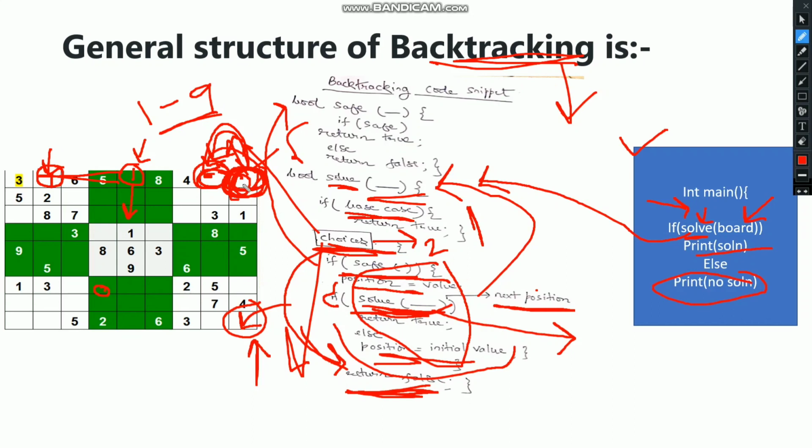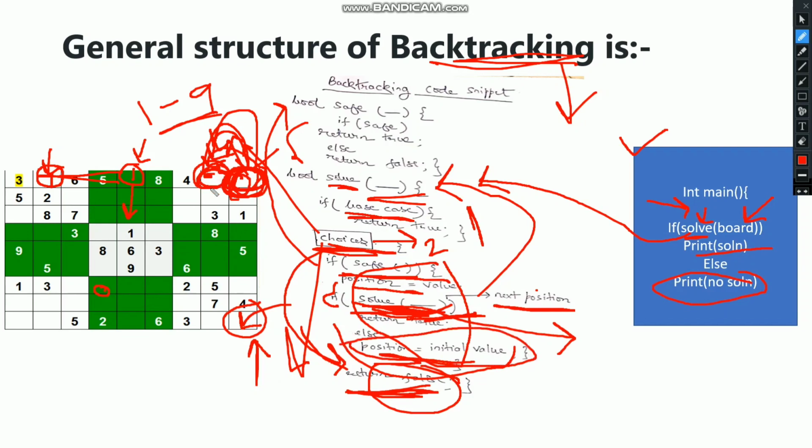So return false, as the solve function is recursive, will move to the caller of the function, and the caller of this cell is this part. As it returns false, this means this solve is returning false and it will move to position equals initial value.